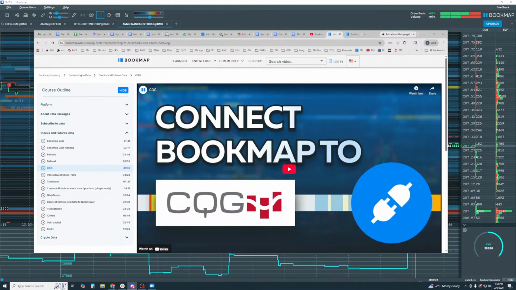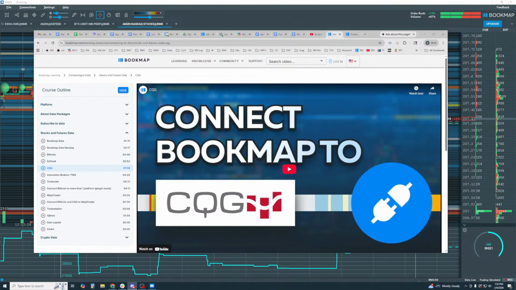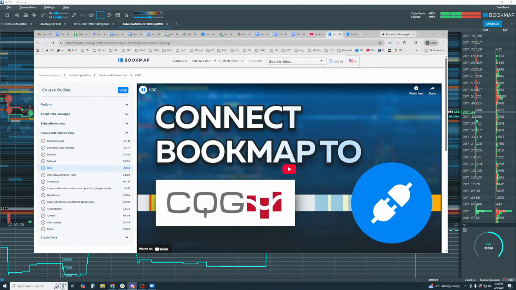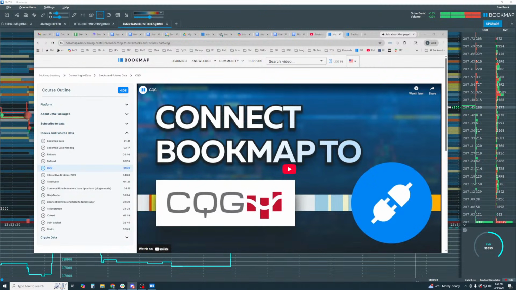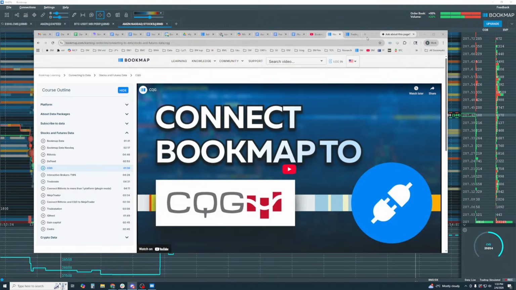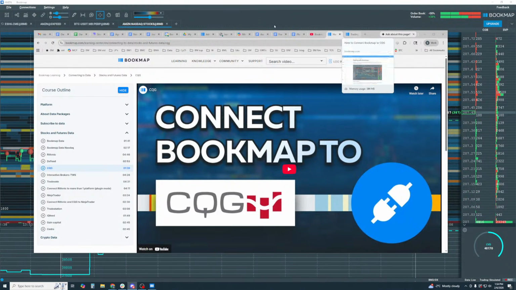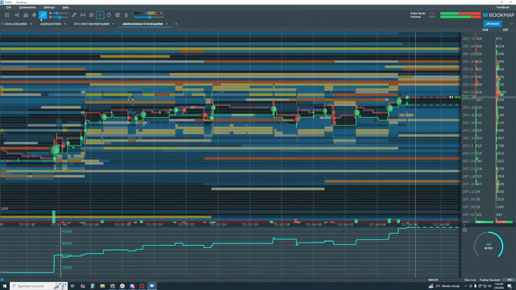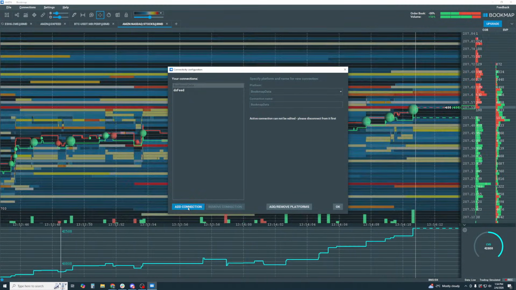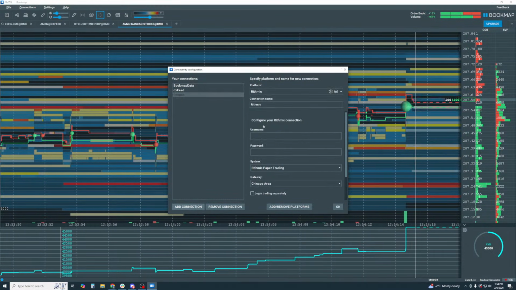So just make sure. I don't know who you're trading with. How can you connect a prop trading firm? You're going to be using Rhythmic data, right? Most likely. I mean, 99% sure of that. You'll just ask them for your credentials, and then you'll just plug it into Bookmap. Same idea in here. If I go up to connections, configure, and then add a connection, I believe I've already got it added, Rhythmic right here, right?